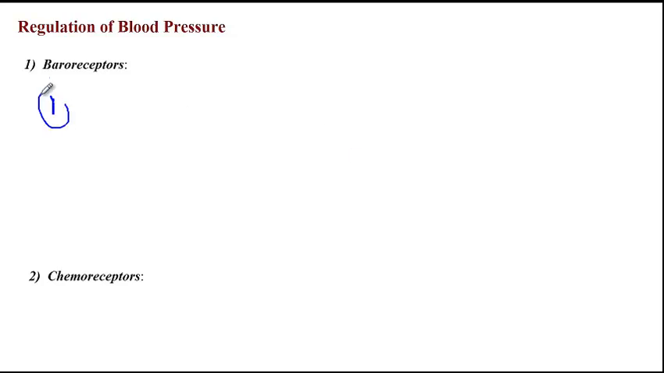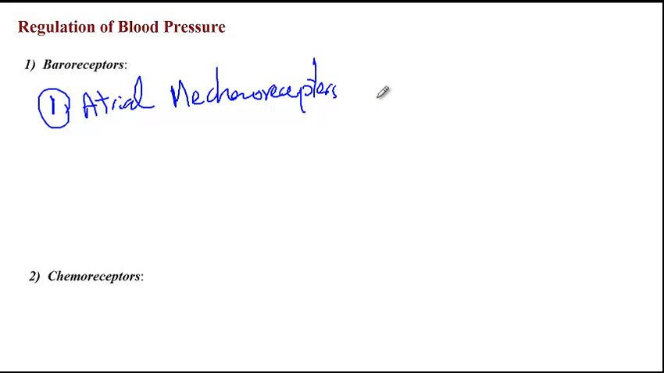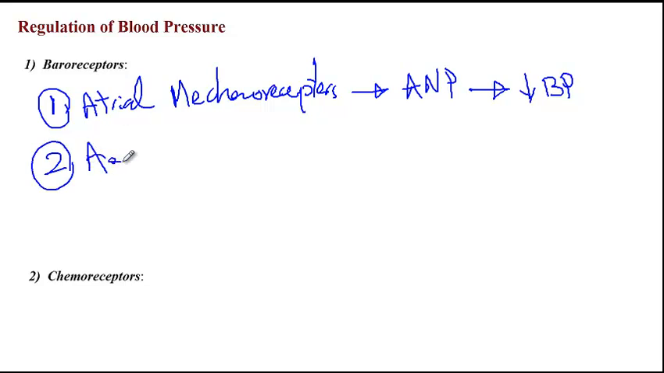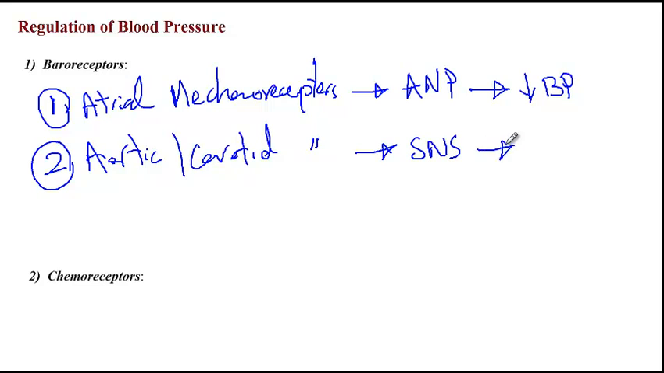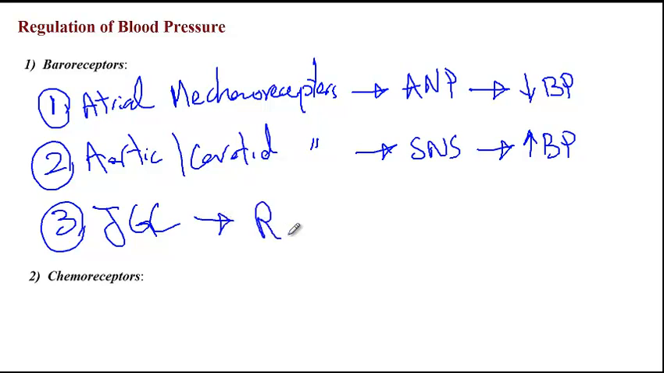So we discussed number one, the atrial mechanoreceptors, which would release the atrial natriuretic peptide in order to decrease blood pressure. Then we have the aortic and carotid mechanoreceptors that will activate the sympathetic nervous system in order to cause vasoconstriction or increase heart rate and to increase blood pressure. And then finally, we had the juxtaglomerular cells that will activate the renin,